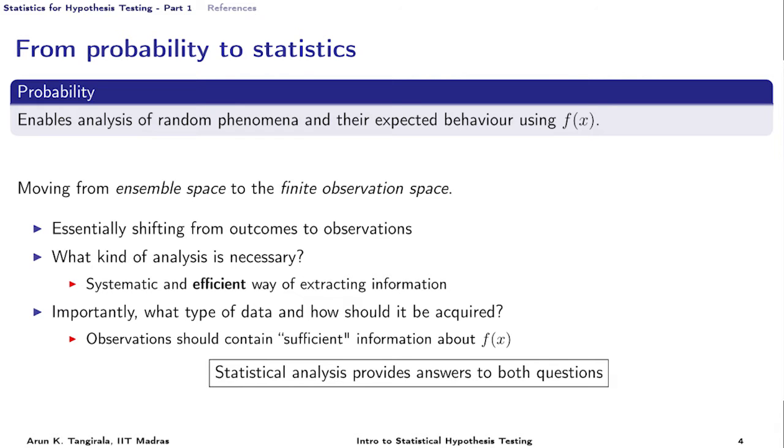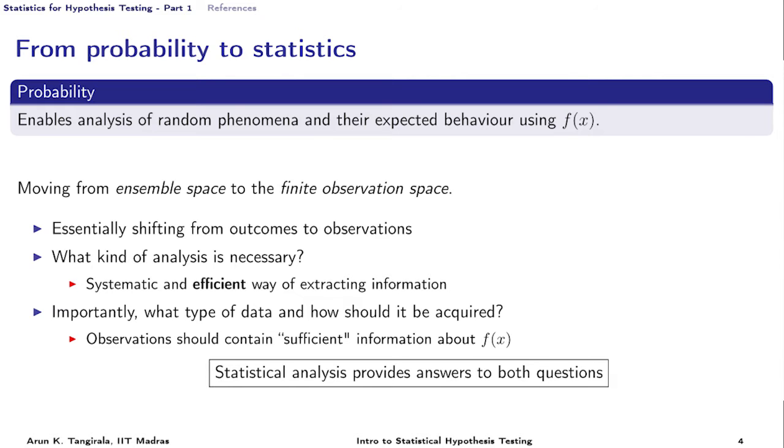Many times we may not have control over how the data was generated, but knowing the impact of uncertainty in the data on the final analysis is always helpful. If you have data which is of poor quality or not informative, you can say upfront that the inferences I am going to draw are going to be highly unreliable, and then whoever supplies the data may have to repeat the experiment to produce better quality data. In this course, of course, we are not going to worry about any of that. Very briefly we will talk about sampling, but mostly focus on the analysis in the context of hypothesis testing only.